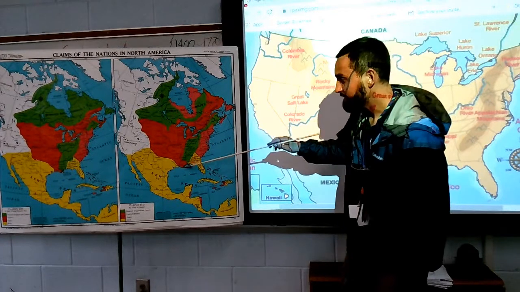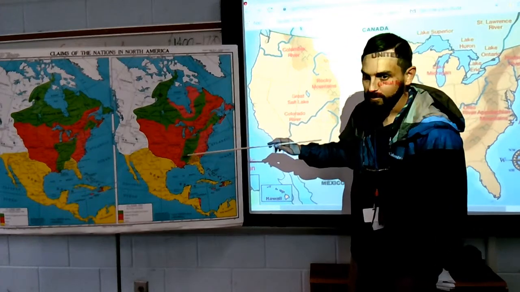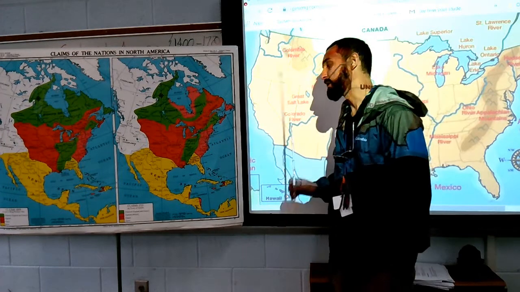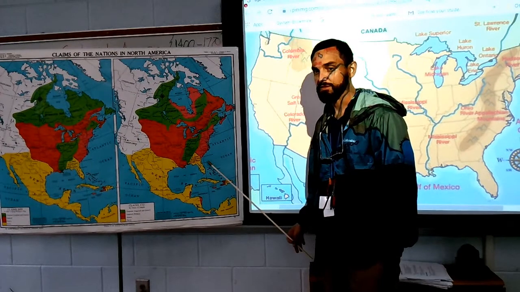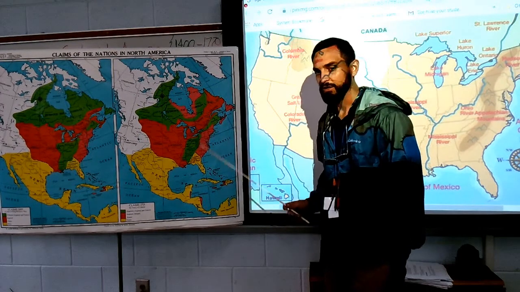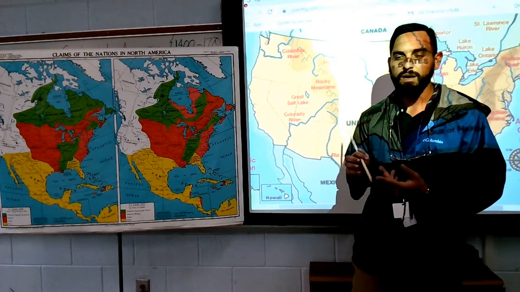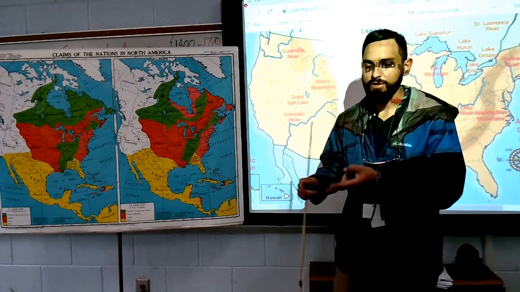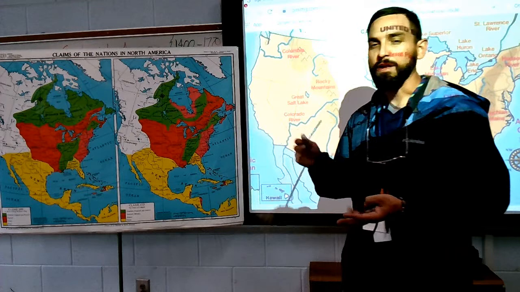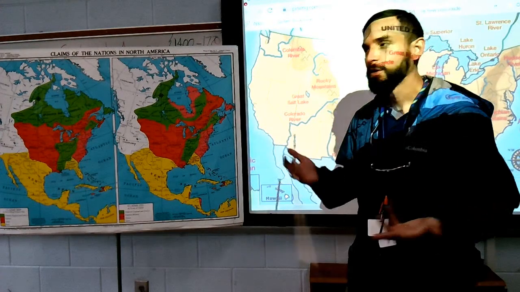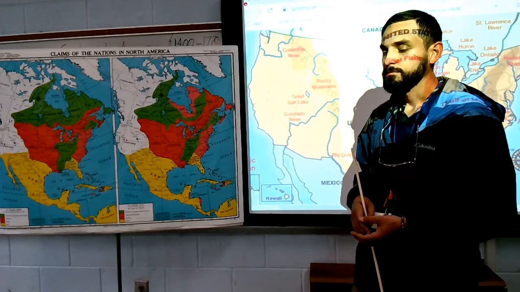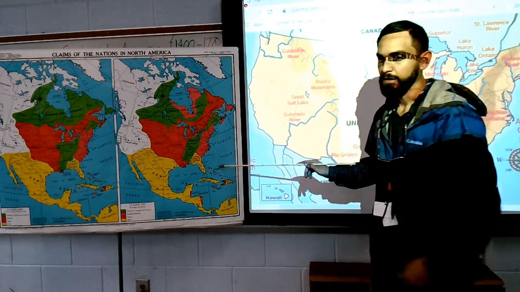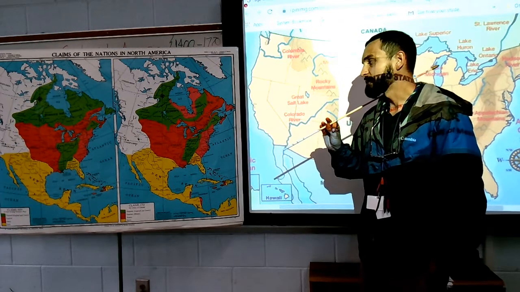This green zone is what I was talking about earlier. This was the Ohio River Valley. They want this because of the fur trade that's happening here. Keep in mind, you have Africans coming in from the slave trade, and also the Native Americans are here. You have all these cultures, not to mention the minor European countries that we didn't get to mention, like Ireland, Germany, Italy, the Netherlands. The Netherlands will be the one who set up New York. But there's plenty of influences coming here between 1400 and 1600. That's all I can think of.